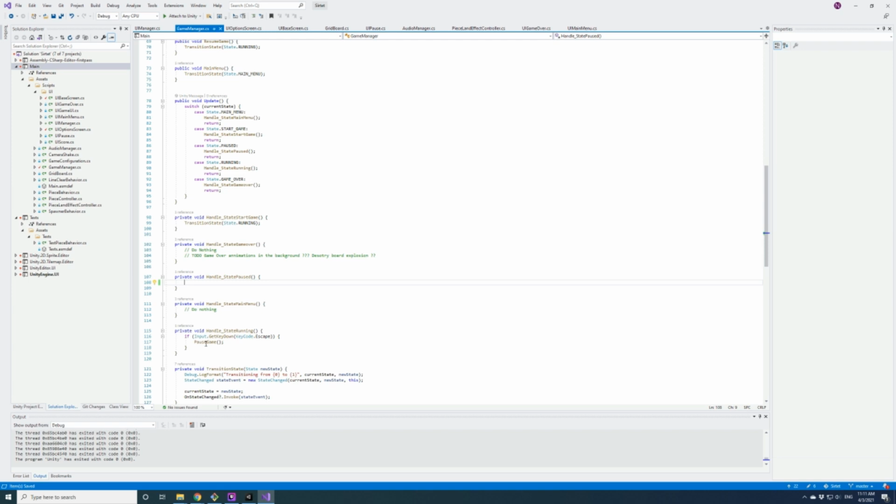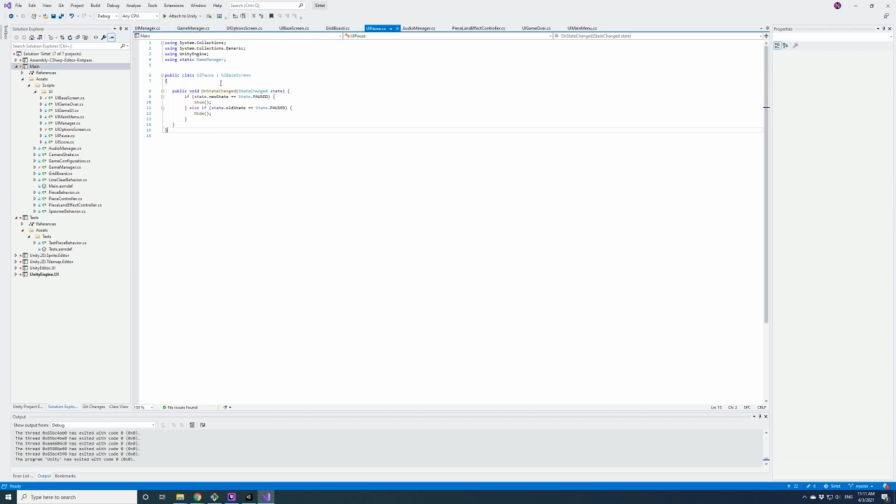We're running and we hit escape, sure, pause the game. But that means the UE pause needs public void update. Ooh, but it doesn't know about the game manager.